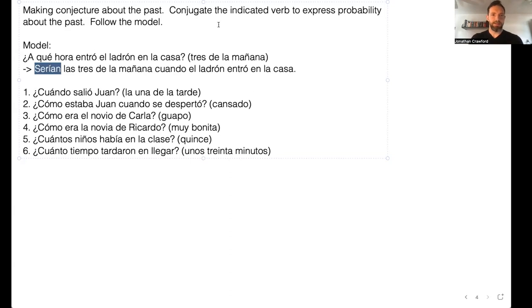But you're making conjecture about the past, or you're expressing probability about the past. And so you're saying,